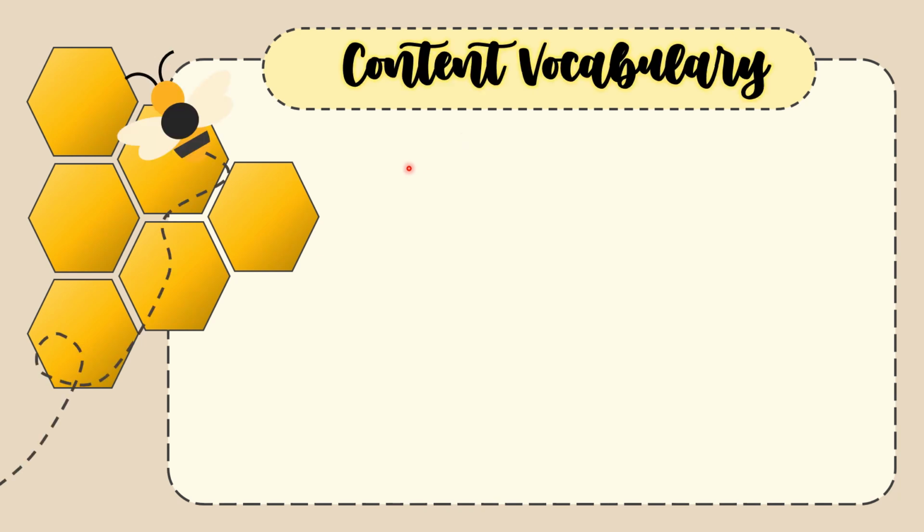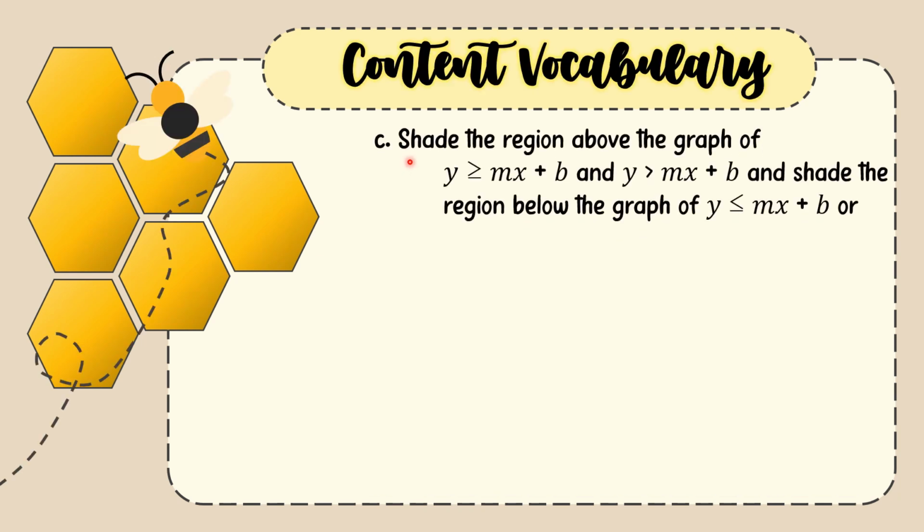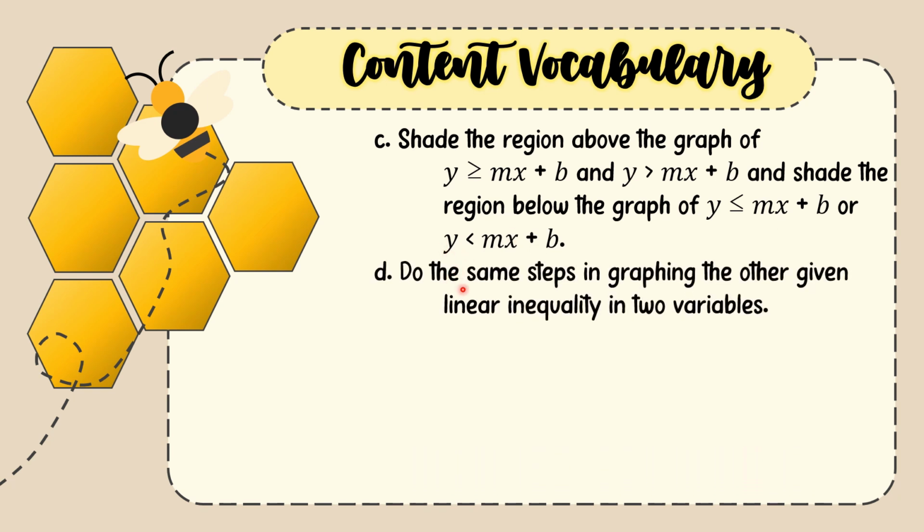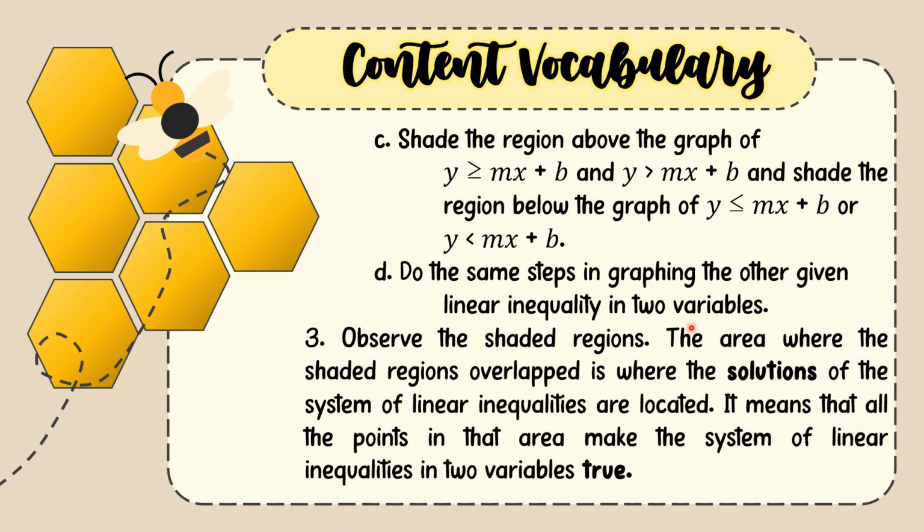Now let's proceed to the next step. Shade the region above the graph of y is greater than or equal to mx plus b and y is greater than mx plus b, and shade the region below the graph of y is less than or equal to mx plus b or y is less than mx plus b. The next step is to do the same steps in graphing the other given linear inequalities in two variables. Step number 3,